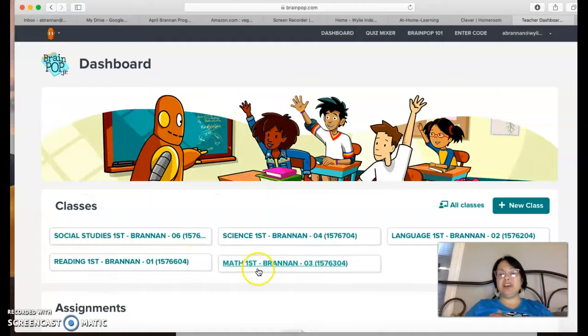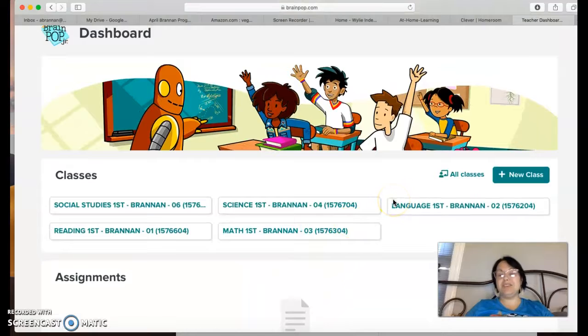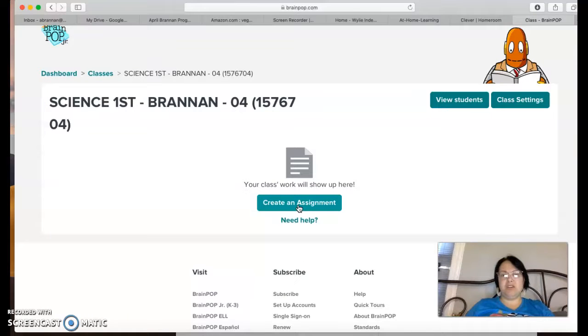And then it gives you your classes. It gives you all your classes, which is the same as in Blackboard when it lists them. I don't think it matters which one you click on. You just click on one. Now, it says your class's work will show up here. This is if you assigned something specifically through Clever, which we're not doing, so this should be blank. That's supposed to be blank. But if you click on View Students,